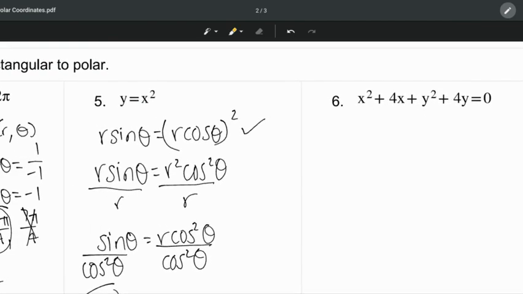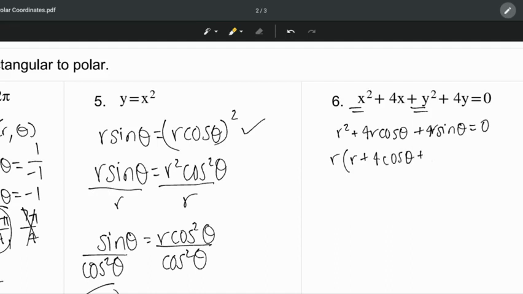and thetas. So we have this x squared plus y squared, which is r squared. And then we have 4x, which would be like a 4r cosine theta. And then we have a 4y, which would be like a 4r sine theta. And that's equal to 0. So I can factor out my r, and that gives me r times the quantity r plus 4 cosine theta plus 4 sine theta equals 0. And so then if I divide the r on both sides, I have this as my